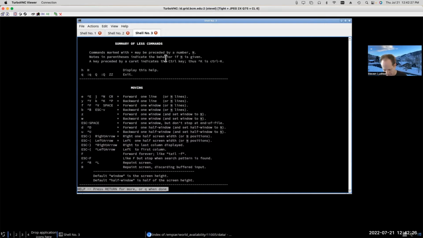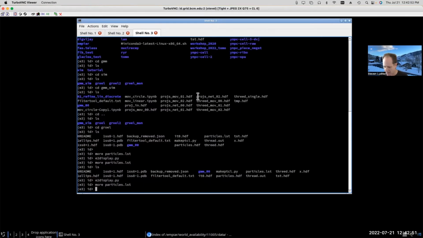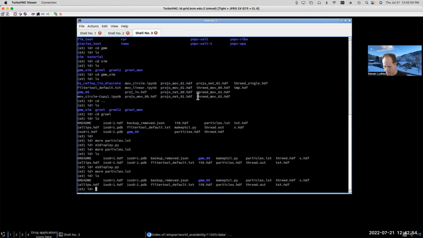So if there were a transform.projection header value present in the particles.hdf, if I read from the LST file, the transform.projection value that I saw would be the value from the LST file instead of the value from the HDF file. So I can then make as many of these LST files as I want, and each of the LST files will contain any of the changed metadata about the particles.